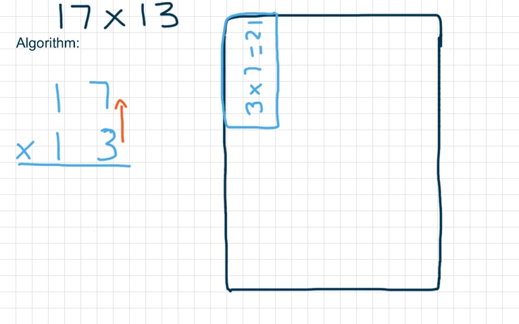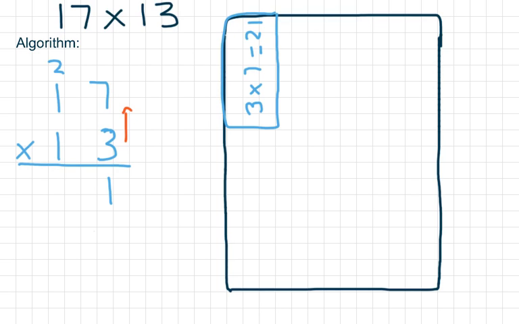So if you actually paused your screen and had a look, in that rectangle you have 3 rows of 7 grid squares, and there are 21 grid squares sitting there. So the answer there is 21. Now the way that you record this in the algorithm is you would need to put the 1 from 21 in the ones column, because the 2 from 21 actually stands for 2 tens. Now the 2 tens would go in the tens column, and we can do a shortcut here and just put that 2 above the tens column